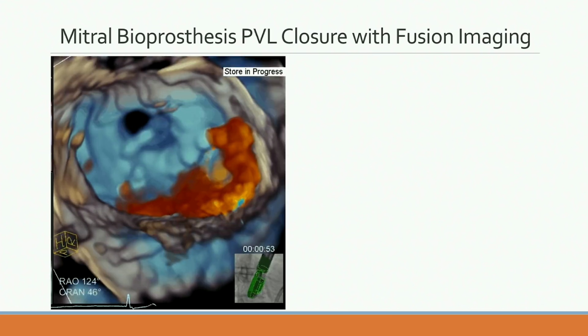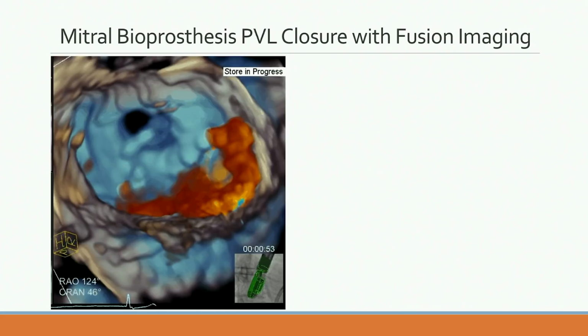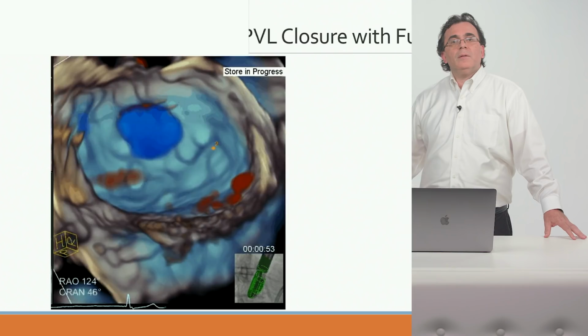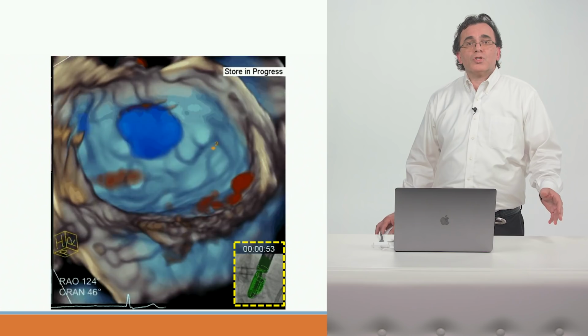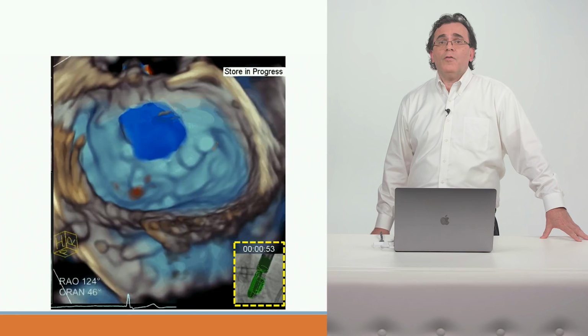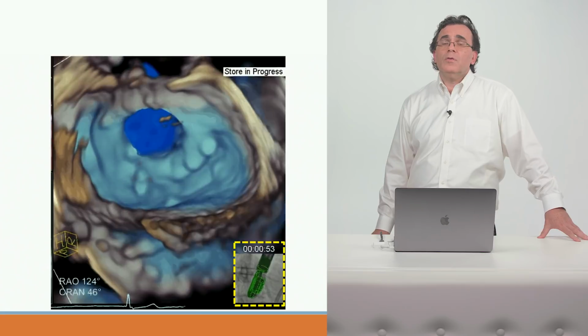So we can actually combine the 3D echocardiographic imaging with fluoroscopic imaging in what's referred to as fusion imaging. So now you can see again 3D transesophageal echocardiographic imaging of a bioprosthetic valve with a significant paravalvular leak at 5 o'clock. And in the bottom part of the image, you will see the TEE fluoroscopic image. Now that demonstrates that we are in a dual mode imaging of fusion imaging between 3D transesophageal echocardiography and fluoroscopic